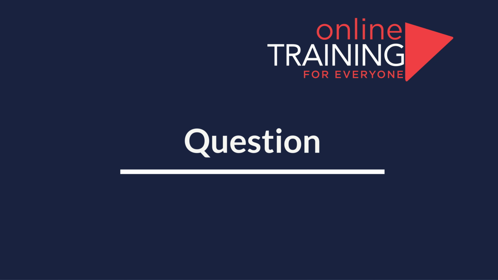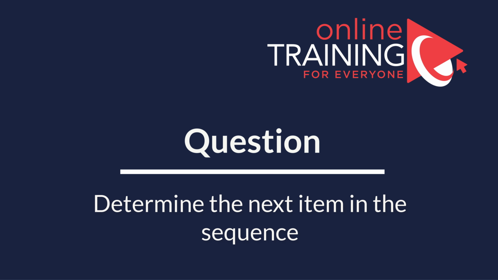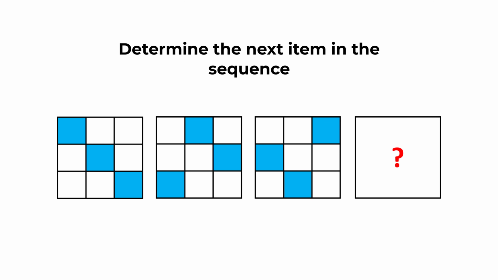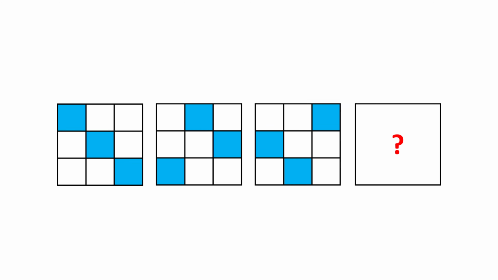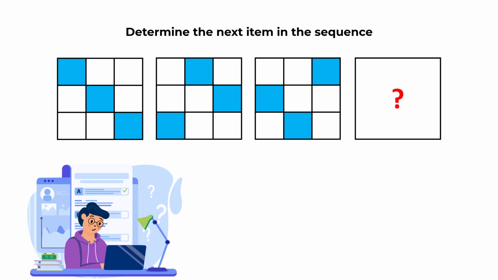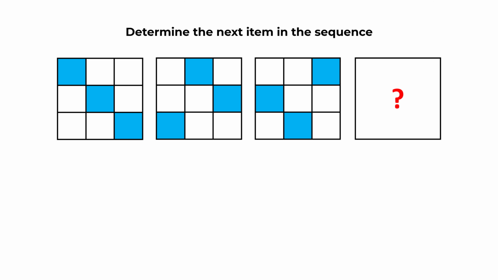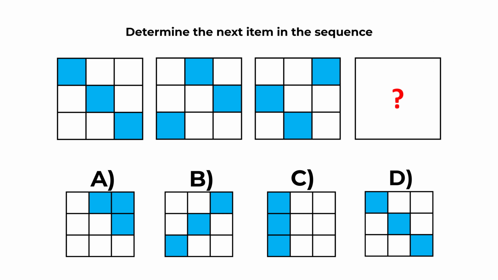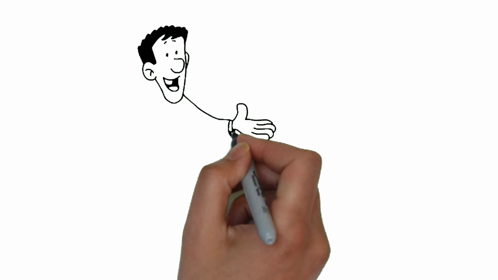Here is a very interesting problem that you might frequently get on the test. You need to determine the next item in the sequence. You're presented with the sequence of large squares. Each large square contains 9 small squares inside, and small squares are of different colors. You need to determine the next item in the sequence, and you have 4 different choices. Choices A, B, C, and D. Do you see the answer? Give yourself 10 to 15 seconds, maybe longer, maybe 20 to 30 seconds, to see if you can come up with the solution. Did you figure it out? Let's go ahead, move forward to get to the correct solution together.